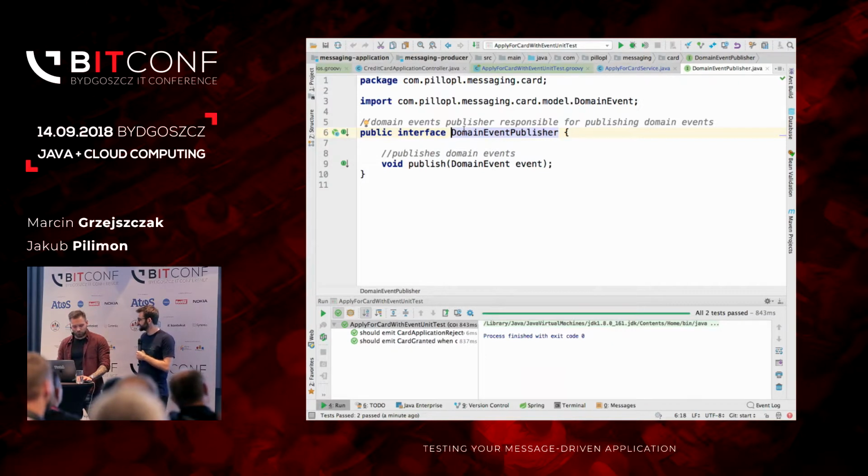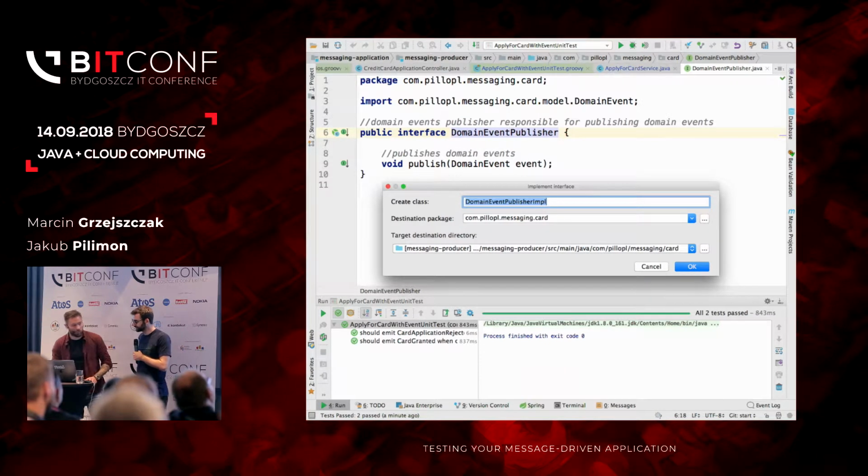We might have one, but I'm pretty sure it's empty. Most probably. So, do you know any particular way to publish messages to RabbitMQ with the Spring stack? I heard about this framework called Spring Cloud Stream. Do you know how it works? Yeah, because I've been to a conference and they told me.